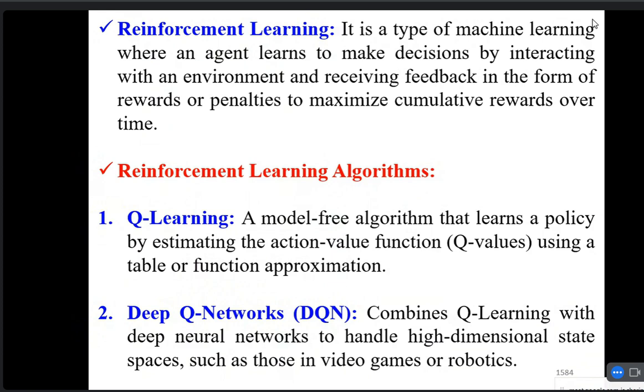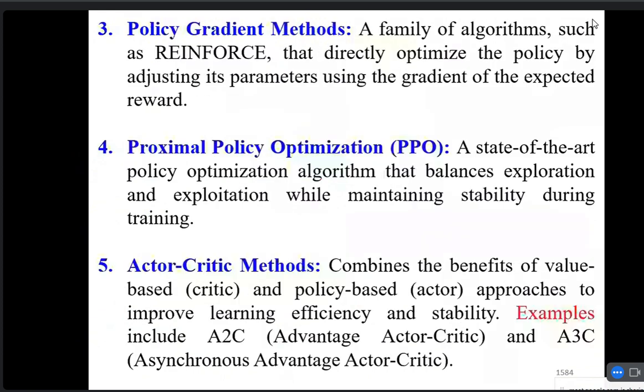With the deep neural networks, we are increasing n number of input and hidden layers to handle high dimensional state spaces such as those in video games or robotics. And we are integrating with fine tuning parameters and activation functions, etc. Next, policy gradient methods. It is one of the reinforcement algorithms that directly optimize the policy by adjusting its parameters using the gradient of the expected reward. Then proximal policy optimization, that is called PPO, a state-of-the-art policy optimization algorithm that balances exploration and exploitation while